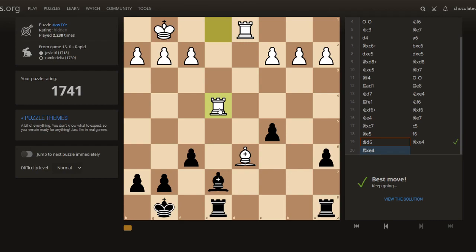No, then they would just take with the bishop first and force the rook trade. If takes, takes, takes, is that good for me? Actually, if I move the rook here...